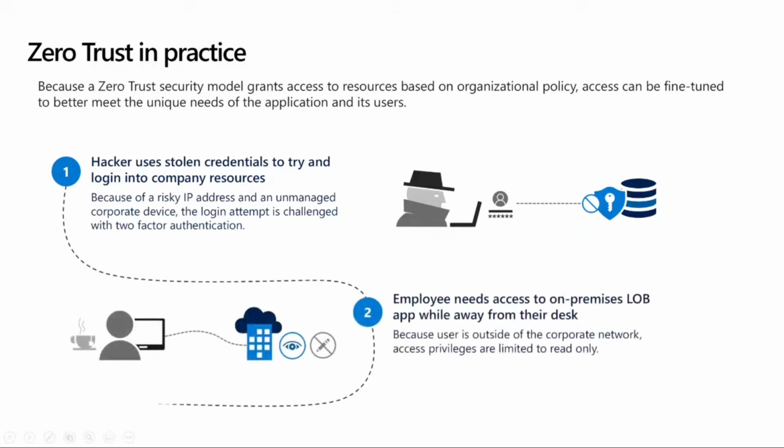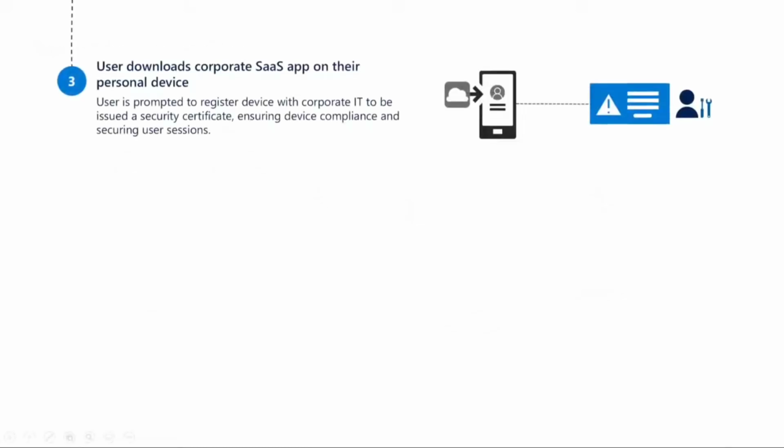A hacker has stolen the credential. He's trying to log in on the company resources. An employee needs to access the on-premise line of business application while he's away from his desk, could be working from home. And he's trying to download